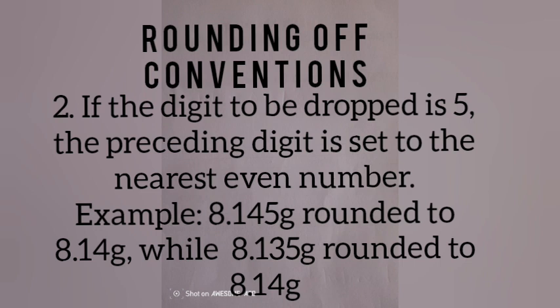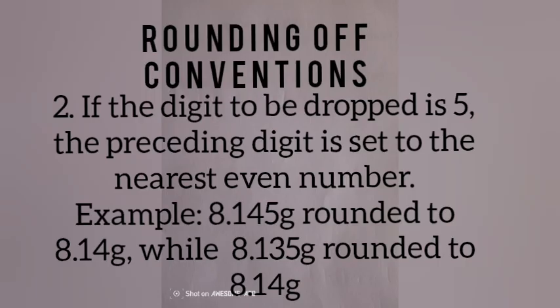Now, for example, if we have a measurement that is 8.145 grams and we want to round it to 2 decimal places or 3 significant figures, what we can do here, for the fact that the number to be dropped is exactly 5 and the preceding number is an even number, you are expected to just drop the number 5, which is the number to be dropped, and the preceding number, which is an even number 4 here, is left unchanged. So we can round off 8.145 grams to